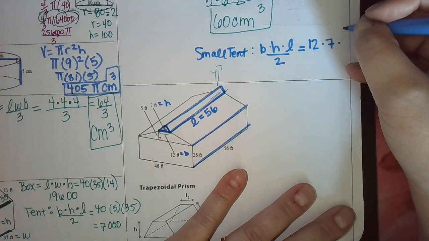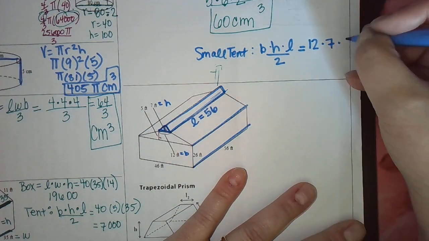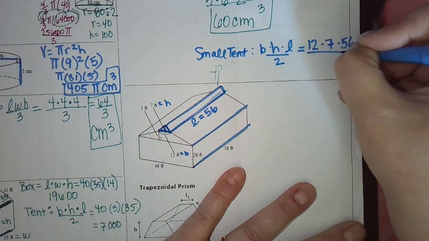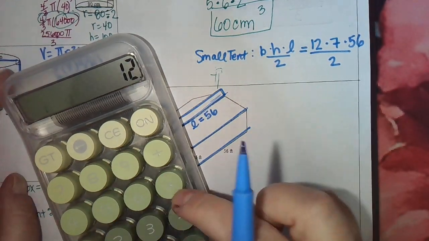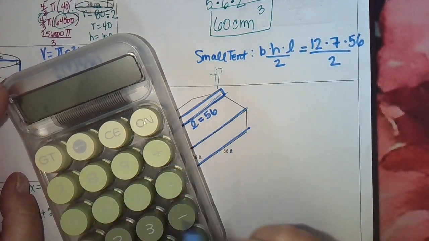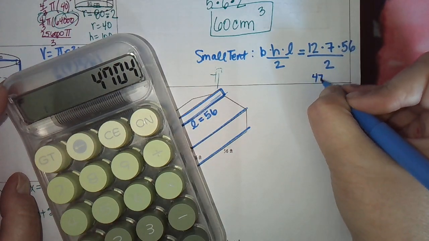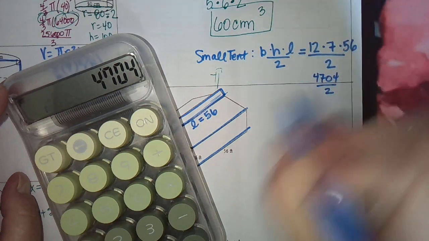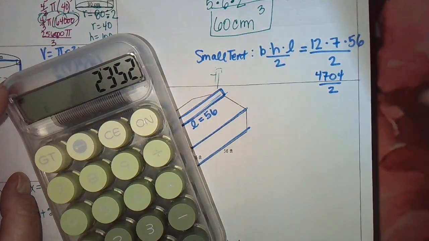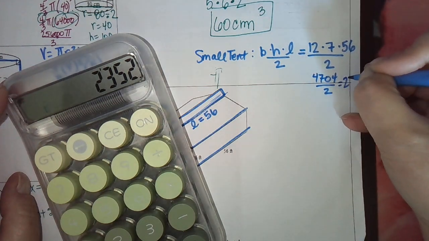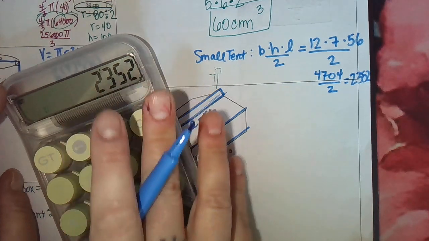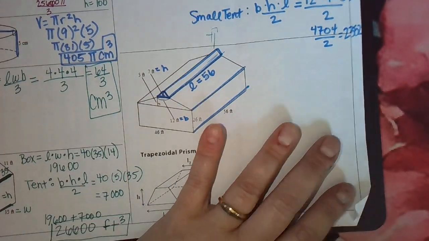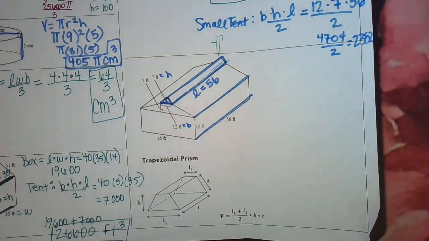Okay, so let's multiply this: 12, 7, and 56. So I'm going to multiply the top. 12 times 7, times 56, is 4704, divided by 2 is 2352. Almost ran out of room. 2352. Okay. Now let's look at this trapezoidal